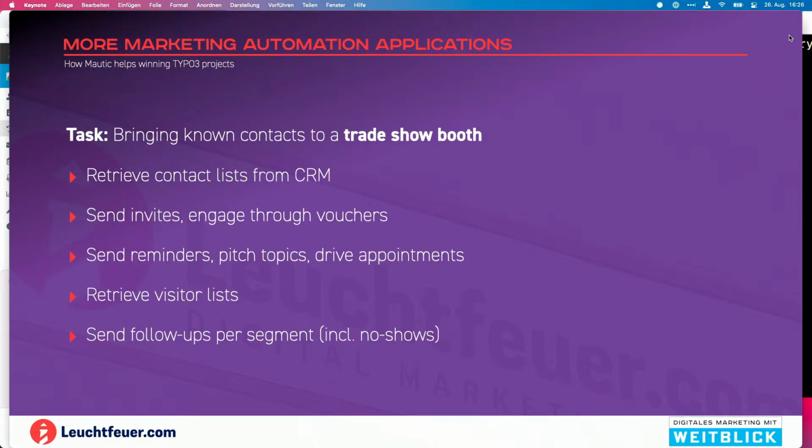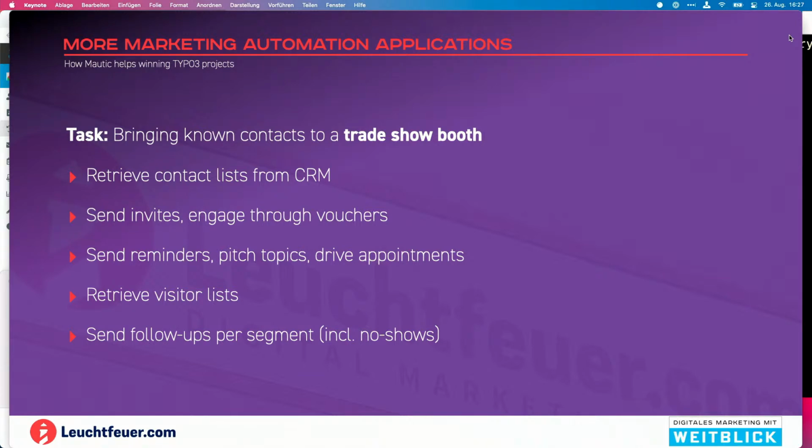Obviously, we need to start from the CRM in this case, not drive traffic to the website, but send invites, maybe send vouchers or point people to a voucher website, send reminders, send content,